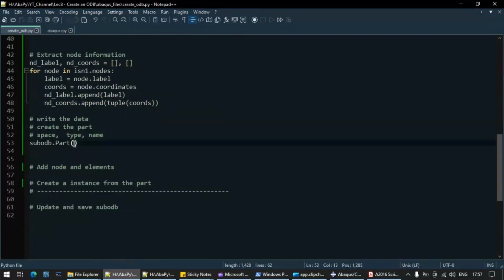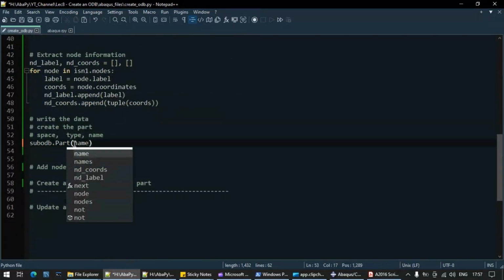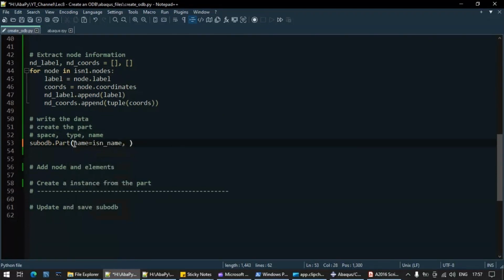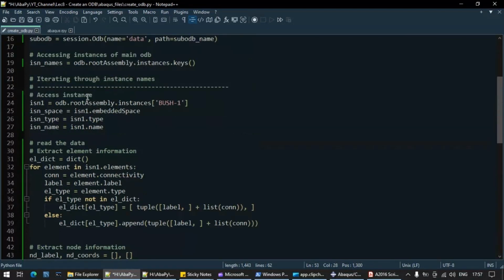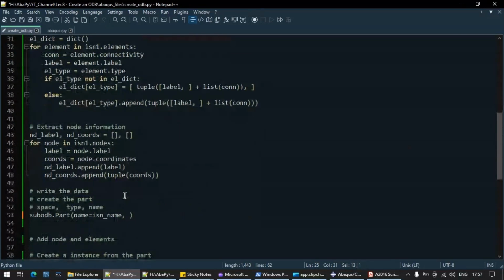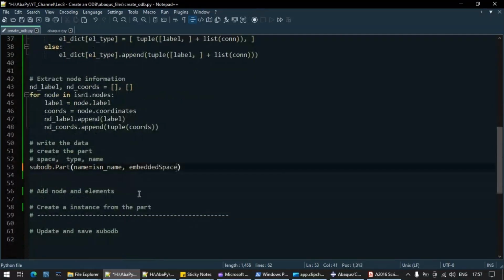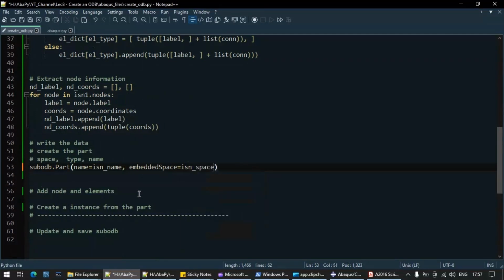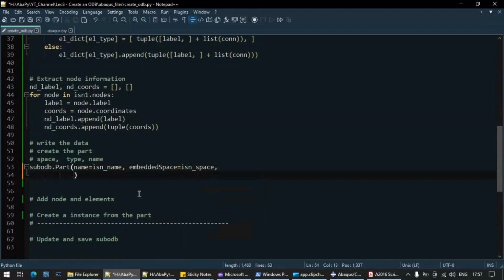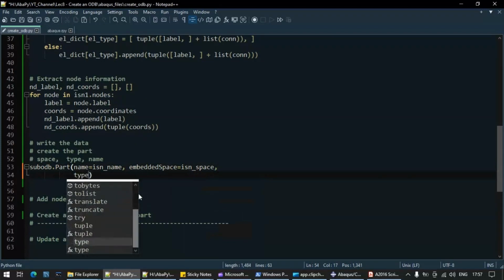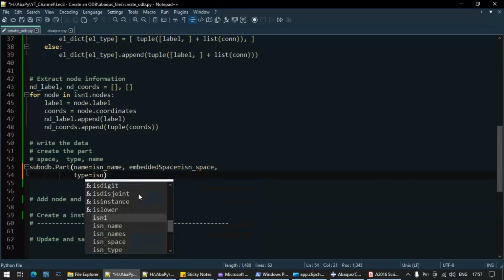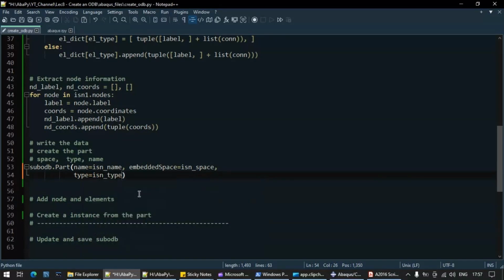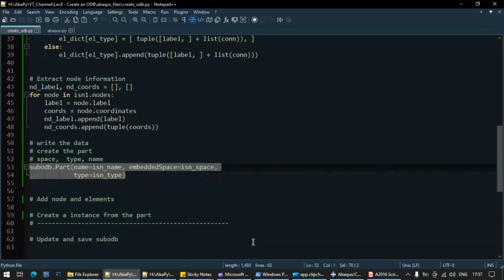Okay, so let's write here name equal to ISN name, then embedded space equals ISN space, then type equals ISN type. Okay, let's try to run this again.